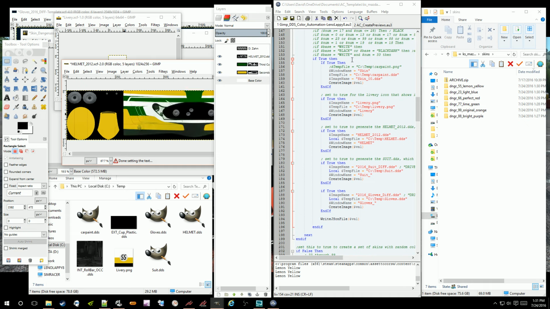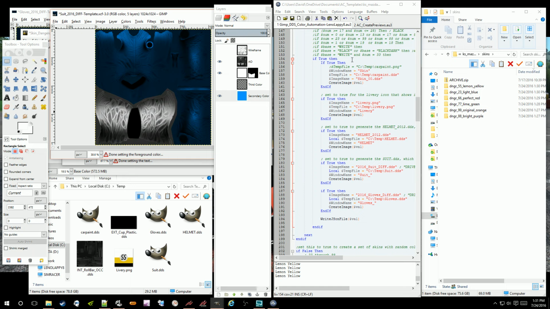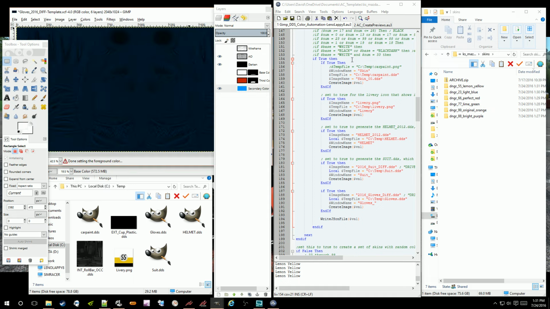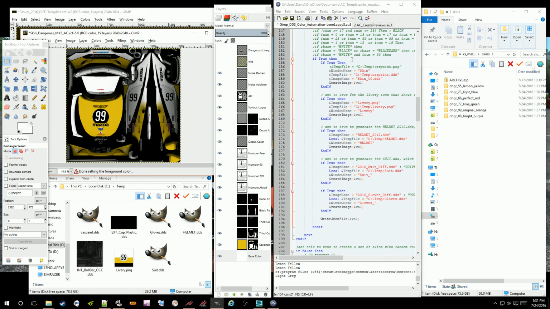But those three colors will flow into those layers the same, regardless of the order they're in. The Python scripts will find that layer based on its name, fill the color in, and then of course flatten the image, dump it out to the file, and then